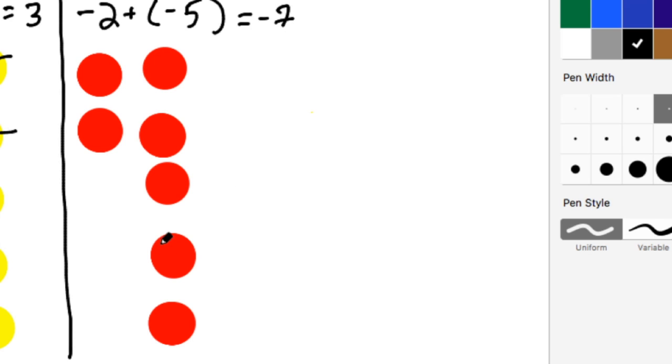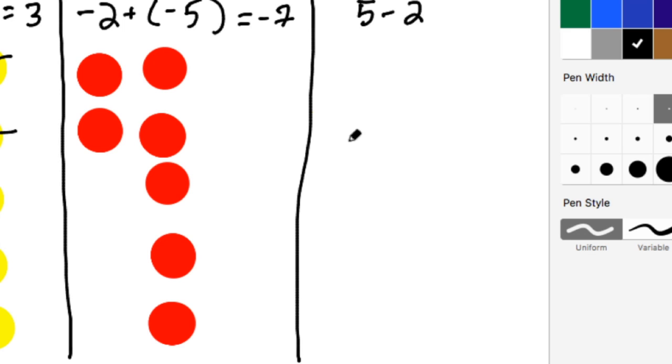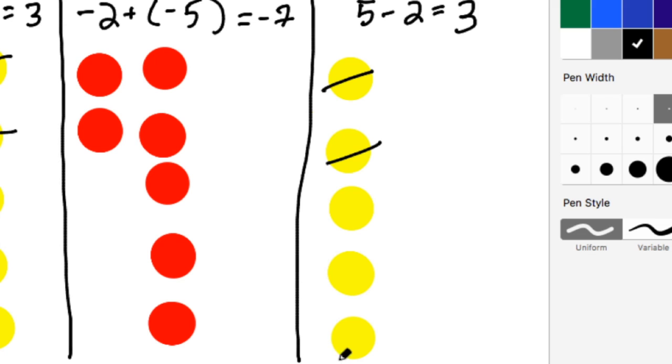And now let's switch over and let's do some subtraction. All right, let's do our first subtraction problem. So let's do 5 minus 2. Again, pretty simple. This is going to give me 5 positives. So let's switch to yellow. And we have 1, 2, 3, 4, 5. And then this here is saying remove 2 positives. Well, I already have 5 positives, so I can easily remove 2 positives. So let's scratch off one here and scratch off one here. And we'll see what I have left. 1, 2, 3. The color is yellow. So my answer is a positive 3.